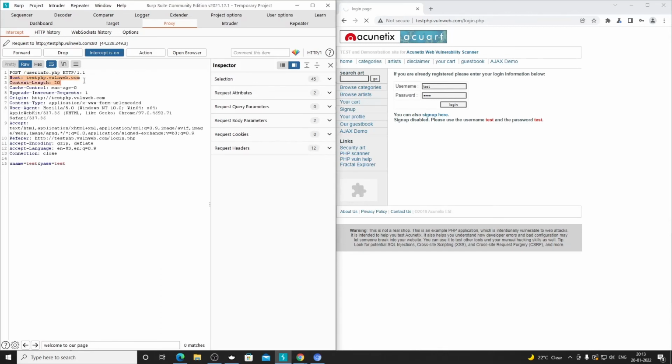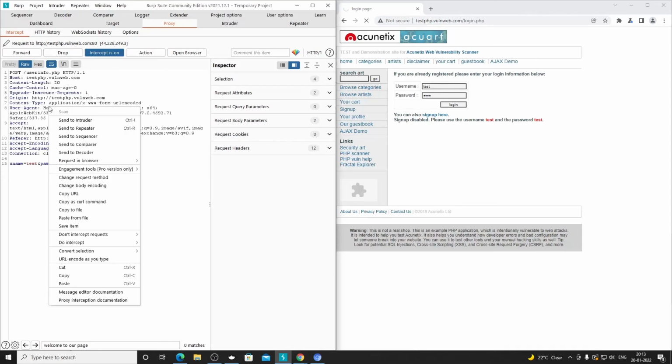And then we have these request headers, similar to GET. It could be different, but these are headers. After that, I told you that there would be a line break, and after that we will have a request body. So this is the body here. What do we understand from it? That it is sending a variable called uname, and the value of that is test. The server is going to fetch whatever value is coming in uname, which would be test. Also, whatever value is coming in pass, it is going to fetch that as a password, and compare in the database whether it's a valid username and password.